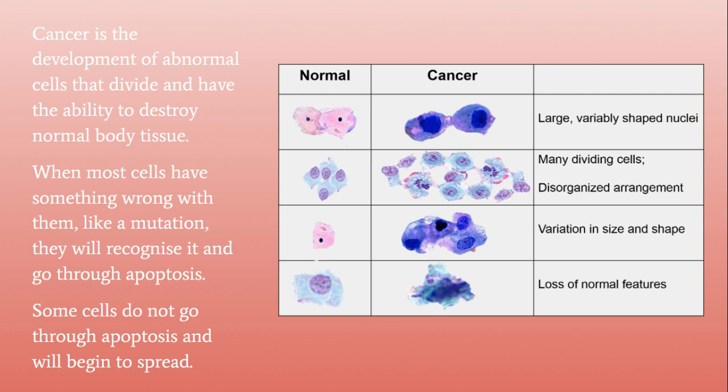On this little diagram over on the right, you see on the left side we have pictures of normal cells under a microscope. And on the right side, we have pictures of abnormal or cancerous cells under a microscope. And you can see how they're kind of distorted. You can't see the nucleus as well. There's not really a defined shape to them. They just all around seem like there's something wrong with them. But on the left side, you can tell that there's nothing wrong with the cells and that they're perfectly fine.